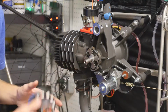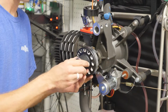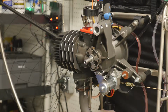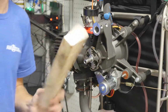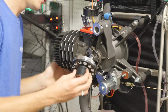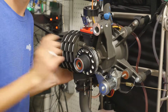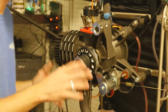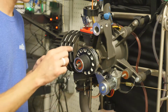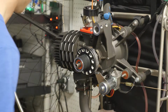Alright guys, now that we have the bearings back into the clutch bell, all we're going to do is put this right back on, slide it on. However, this is a pretty tight tolerance, so we're going to want to get a 2x4 so we don't scar up the front as we put it back on. So all we're going to do is get this on here, and get it as far on as you can just with your hand. So now we're just putting this back on here. All we're going to do is put this 10mm socket, it is a long socket, inside of here. And as you can see, we can't get it on any further with just our hand. So we're going to use our 2x4,